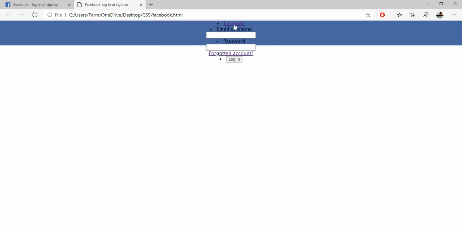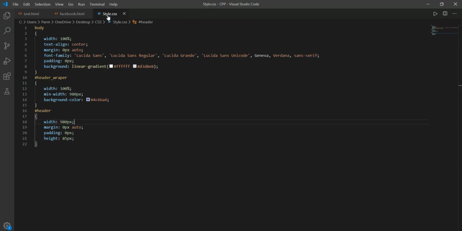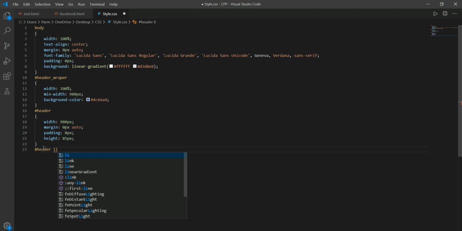Now in our case we want to bring this logo at this place, and we want this form to be placed at this. For this we have to again style these elements. So whatever we have written, we have to write within this header. We have to use ID header, and within this ID header we have to first style the list.